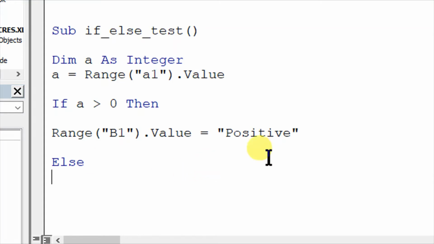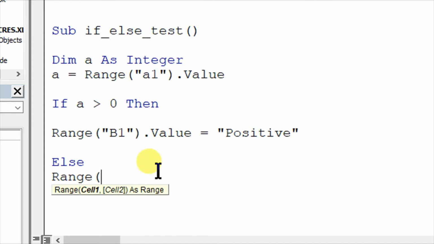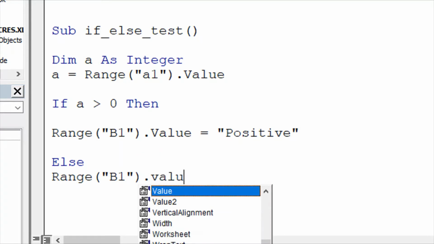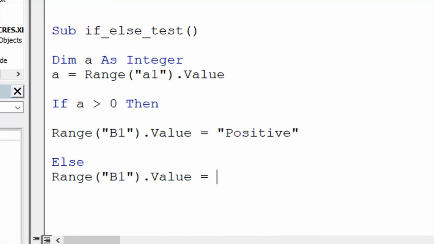So this will be the same line. Range B1 dot value is equal to, and we always write text in inverted commas, negative. So look, if A is greater than 0, then write positive, else write negative.